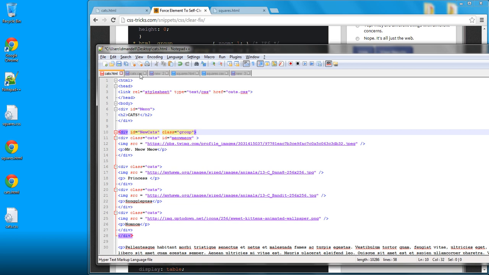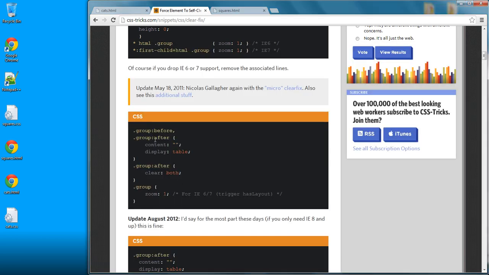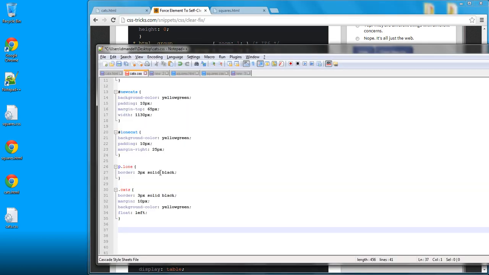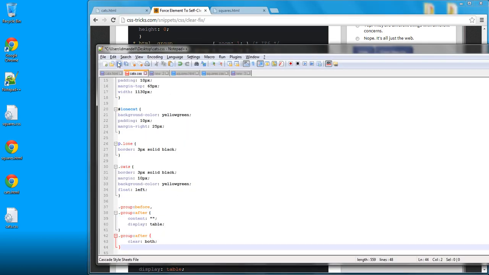So now I've got a class to select on called group. I'm going to go into cats.css, and I'm going to take everything here except for this IE 6 and 7 thing, because I don't need IE 6 and 7 because those are really old and nobody supports them anymore. And I'm going to paste that in and save it,